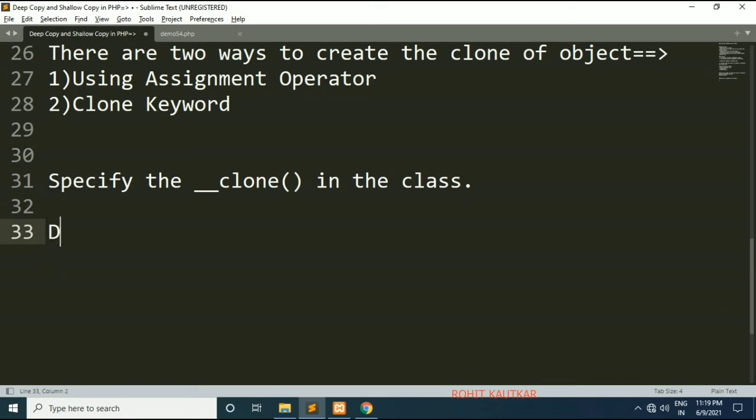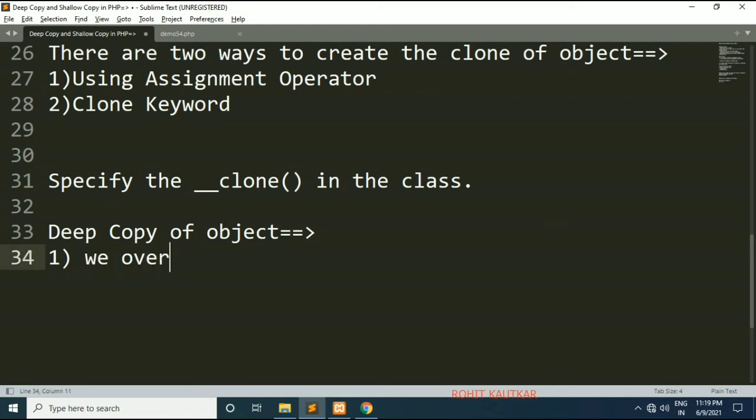Now friends, there are other ways to create a deep copy of an object. Actually there are three ways. The first way we know now: we have to override the clone method. This is the first way.